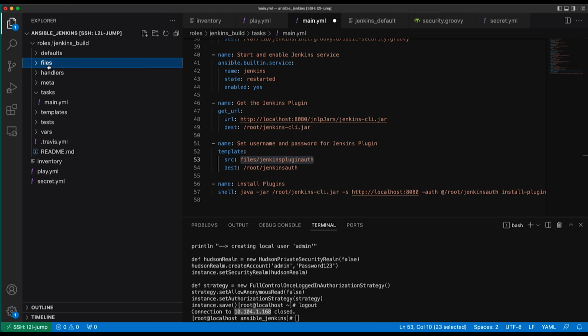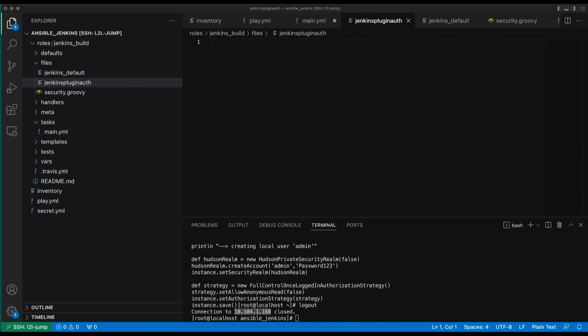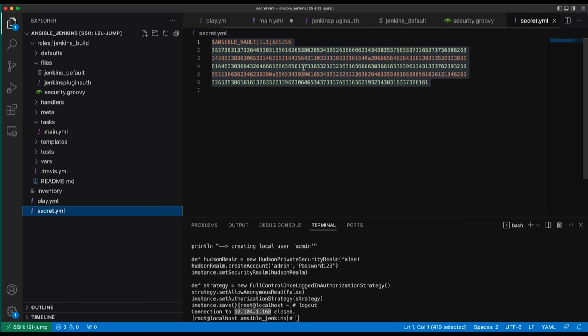So in files, we need to create Jenkins plugin auth, and in there we need to give it a username and a password. Looking like this. So we know the admin uses admin, and that admin pass, if we just leave it like that, it will actually go and pull that from here. So that should work